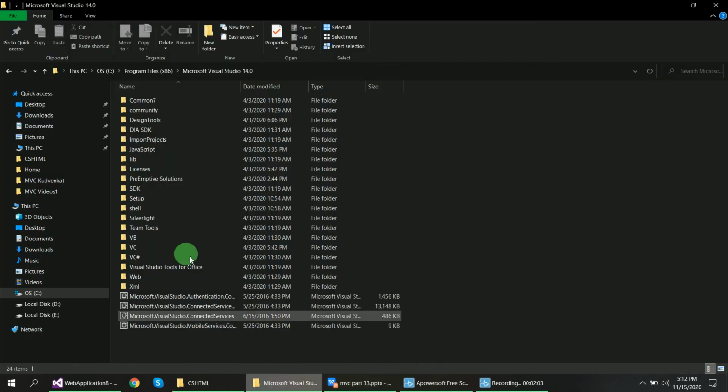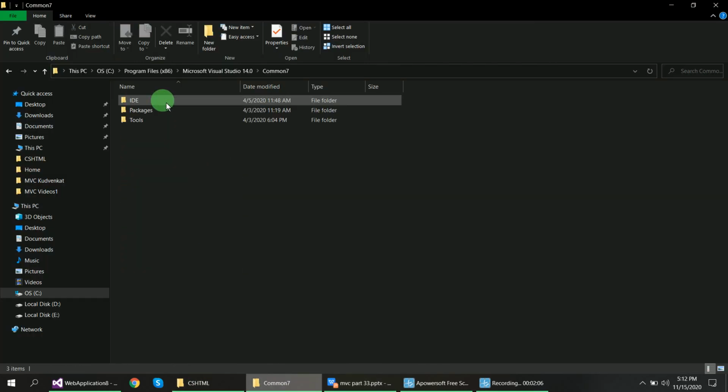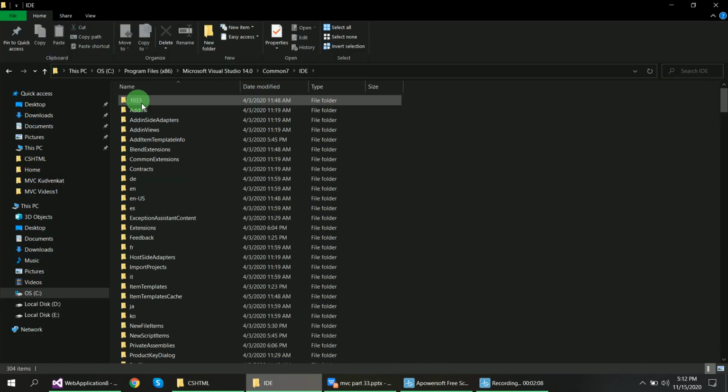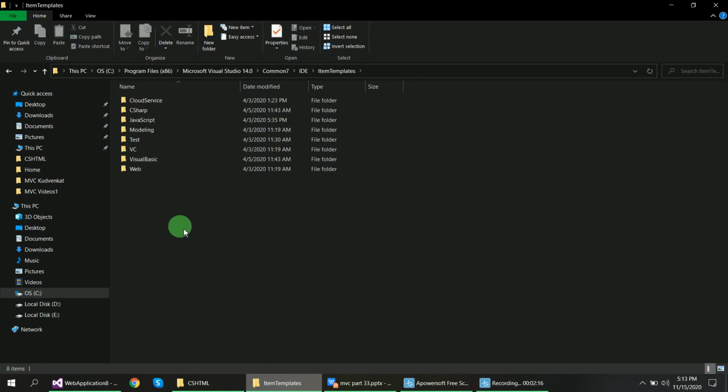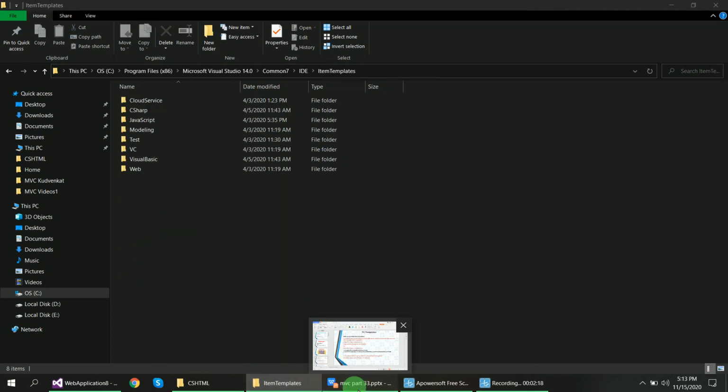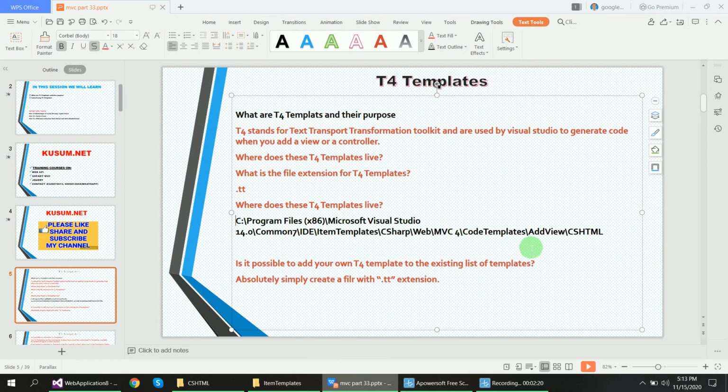This is inside ItemTemplates. We will go to CSharp, Web, MVC4.